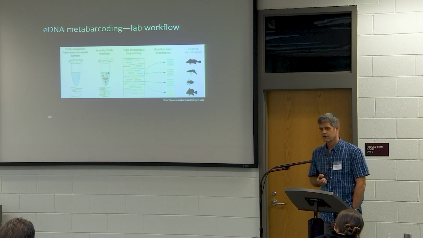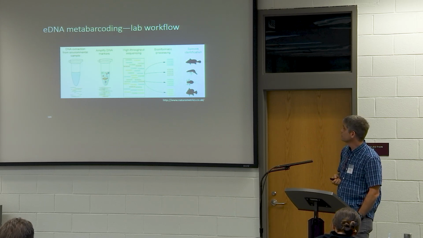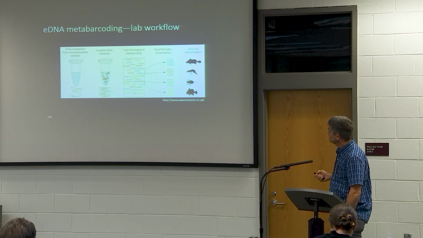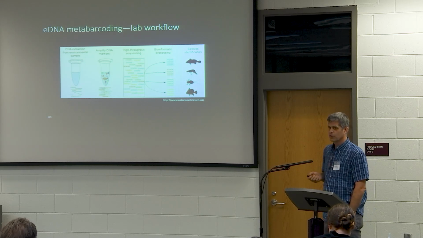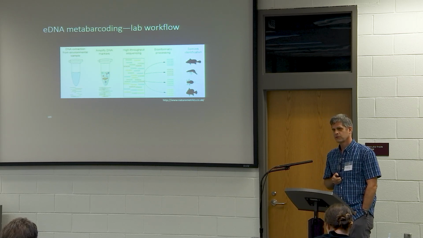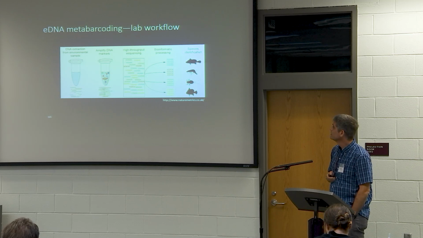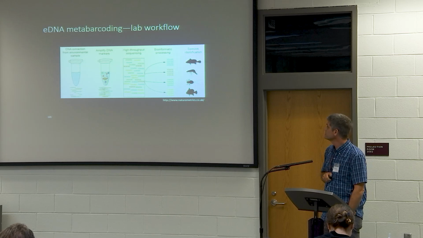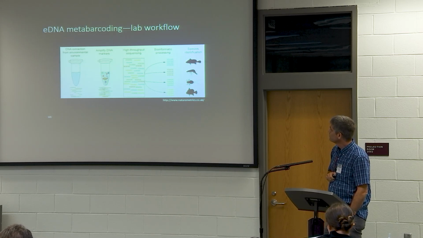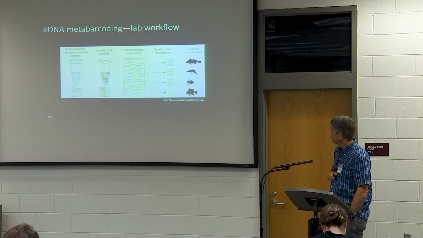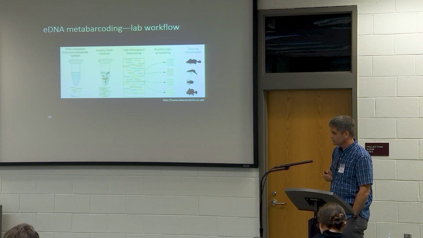Okay, and then you take that filter and send it to a lab and extract the DNA. You've got to choose a barcode from a gene that you want to use, and it's got to be one that works well for your community of interest. There has been some work in developing barcodes for fish and other organisms. So you amplify that section, that barcode, you sequence it, and then you get something that looks like that